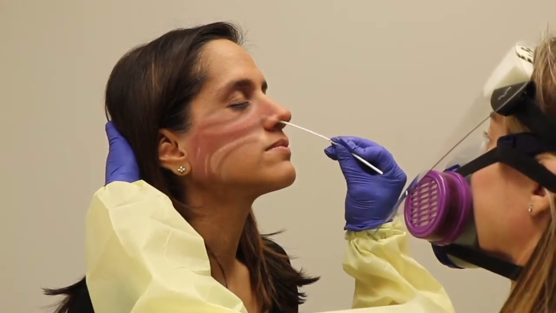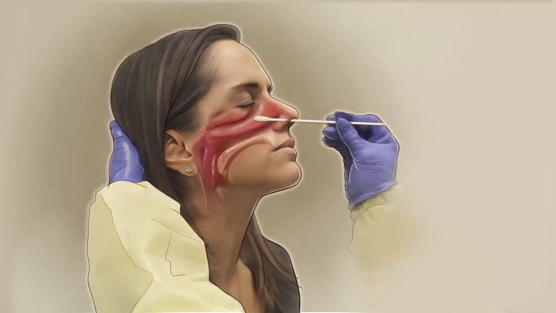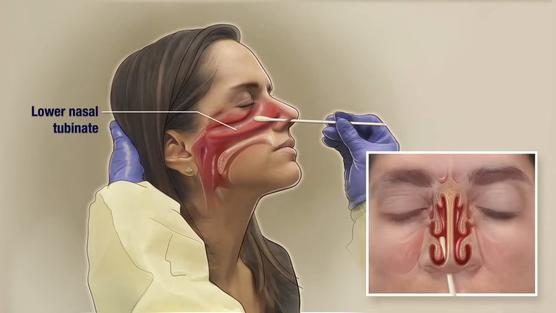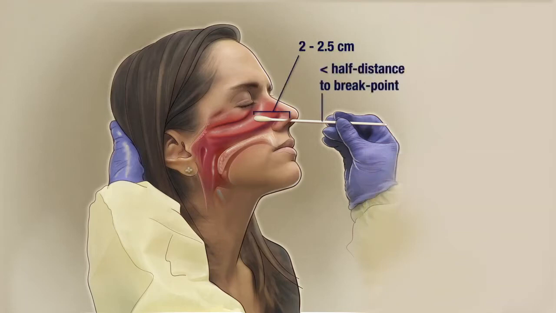Insert the swab into the right nostril, angling the swab slightly up and out so that it is directed toward the outer cheekbone, just below the outer corner of the eye. This way, the swab will reach the top of the mid-portion of the lower nasal turbinate toward the middle meatus. The swab should be inserted approximately 2 to 2.5 centimeters, just less than half the distance to the red line